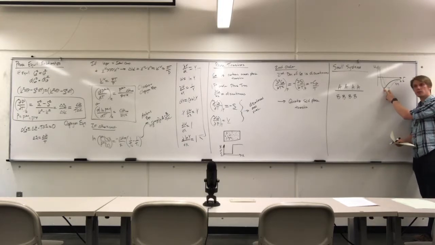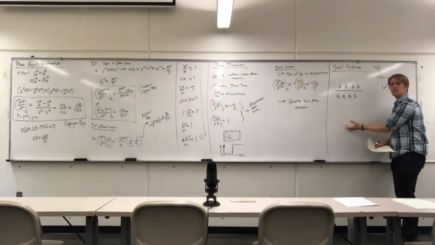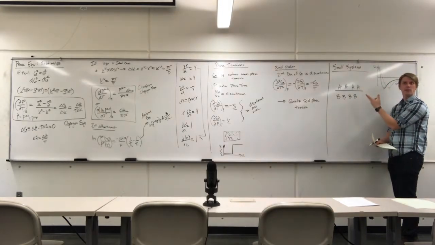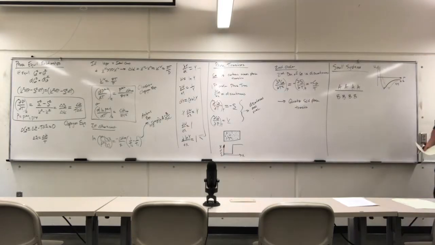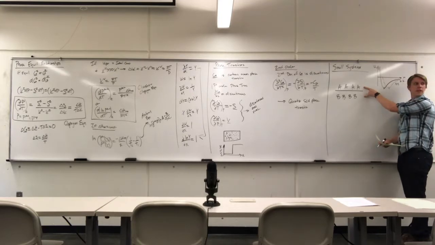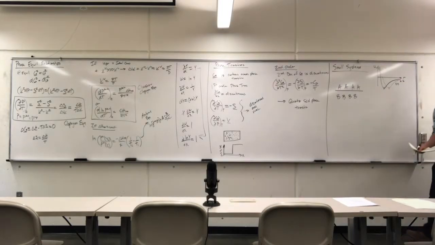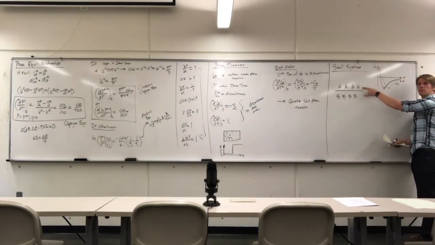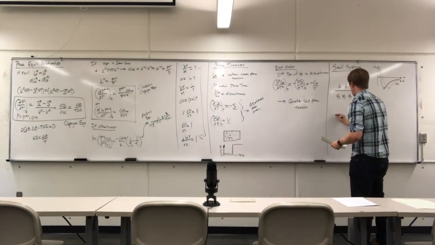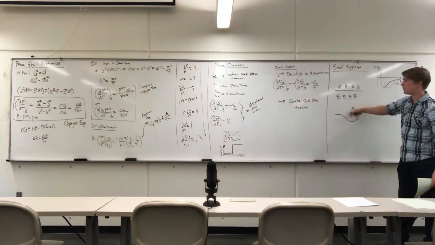Now, entropy supports them being together, because if some of the A were to diffuse into B, then that A just gained a tremendous amount of entropy. If some of the B diffused into A, it gains a tremendous amount of entropy. So the entropy is what is encouraging everything to mix together. Internal energy is always minimized when you have phases completely isolated from one another. The total free energy, the Gibbs free energy, is not always minimized when the two are phase separated because of the entropy penalty. So what happens then is if the A, as a bulk fluid, were to try and push into phase B,